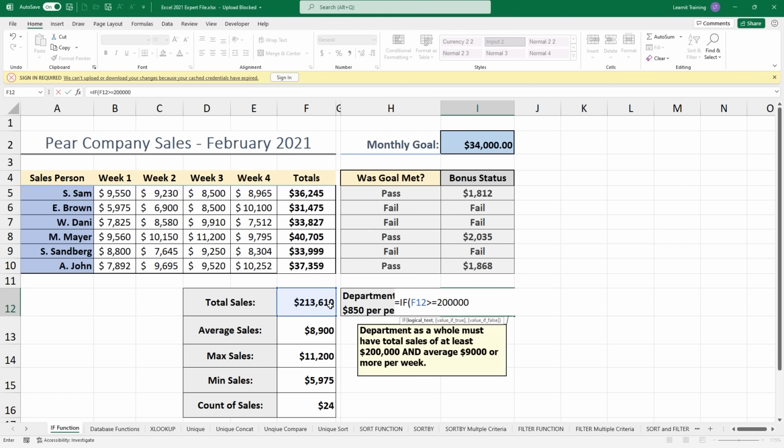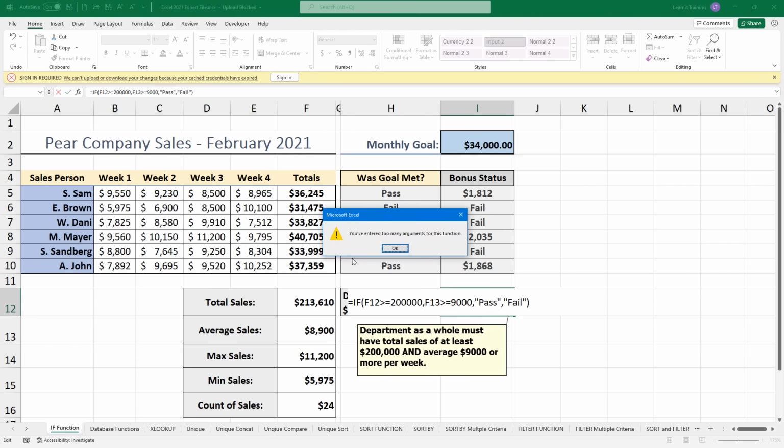So the IF function only allows me to do one logical test. In fact, if I try to do another one, and I end up putting the word pass if it's true, and the word fail if it's false, it's going to give me a message saying you've entered too many arguments, because the IF function expects 3, and here I am giving it 4. So I want to introduce a concept known as nesting,